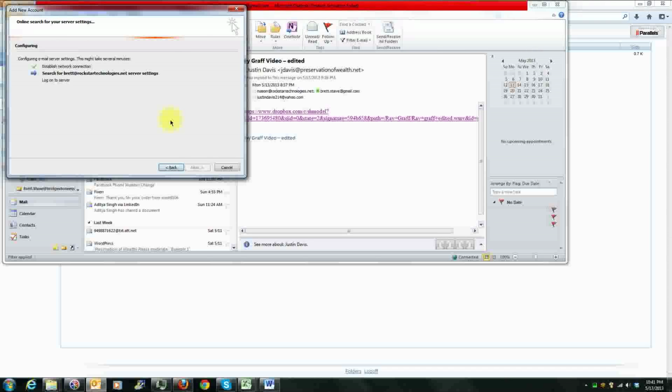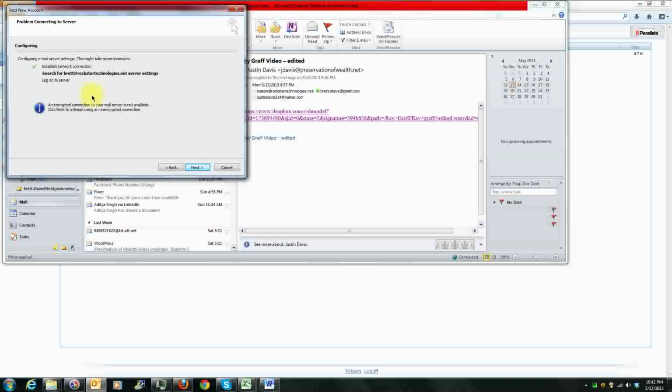It's not going to work as encrypted, so once the message pops up here in a second, we'll see it tell us that an encrypted connection is not possible, and all we need to do is click next to do an unencrypted version, and it will work for us, and it will establish the email account in Outlook, and we'll be able to send and receive emails through Outlook on that